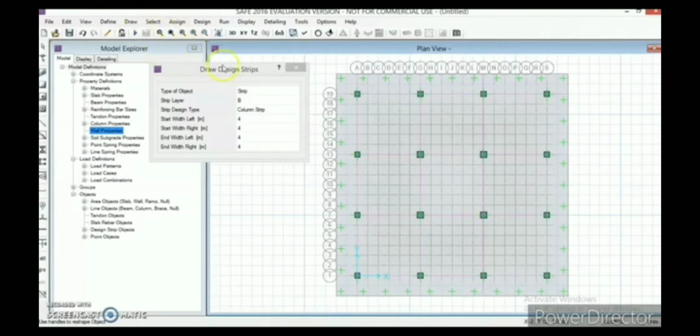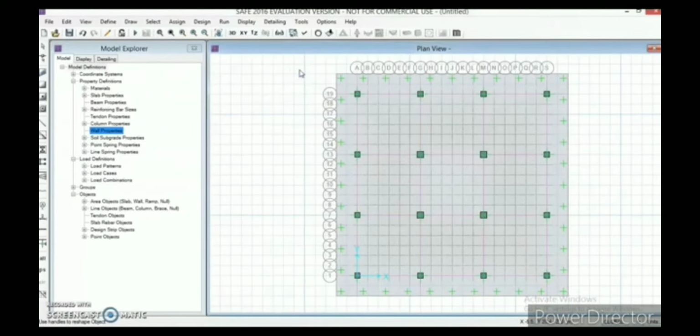I'm going back. I'm drawing it again. Yeah, now it's fine. Now I'm drawing the last design strip as well. Now we are done with drawing the design strips, and I have closed the draw design strips dialog box. Now we are done with defining the elements and drawing the elements.